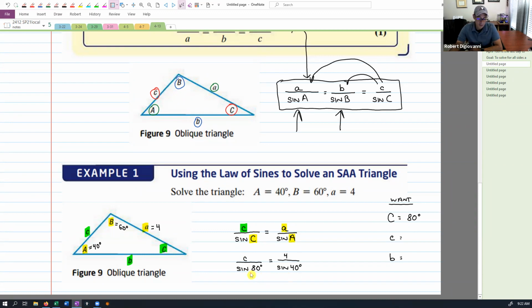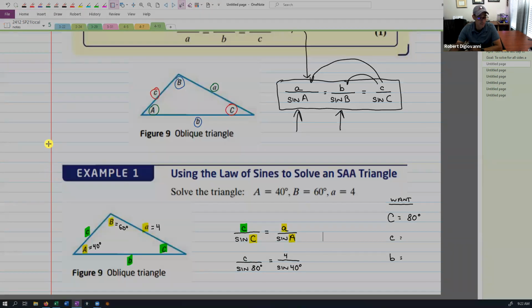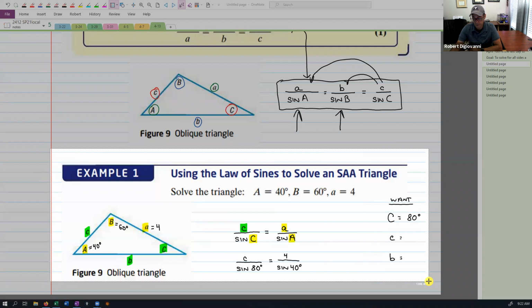Now, sine of 80 degrees and sine of 40 degrees, those are not common angles. Would you all agree with that? Those are not common angles. So in order for me to continue this,